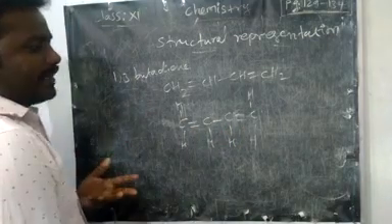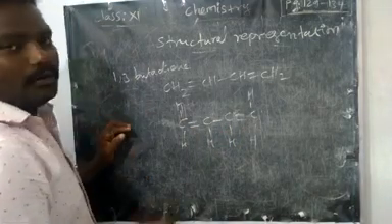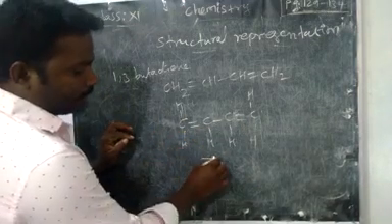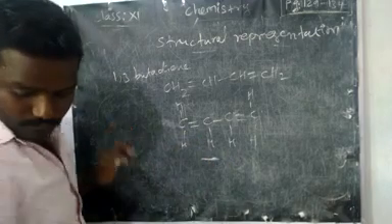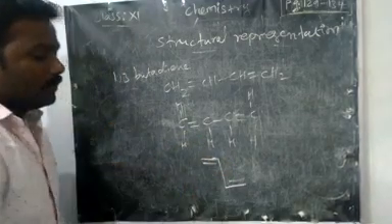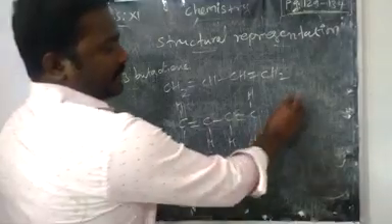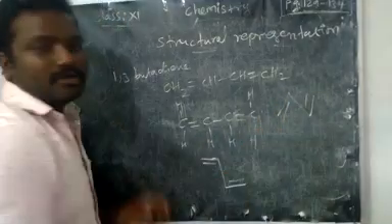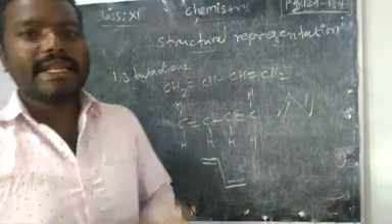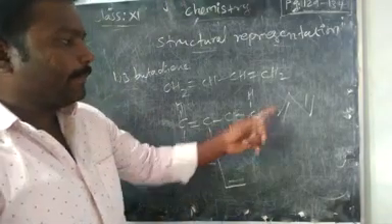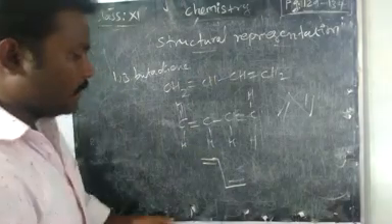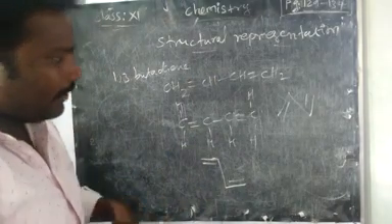Then how do you write the bond line structure? Right, simple. I hope it is given like this. Okay, if I write it like this, that is also correct. The only thing is that the corners are indicated as carbons, and the double bonds as you know well. Okay, right.